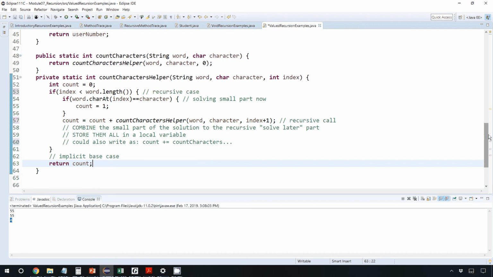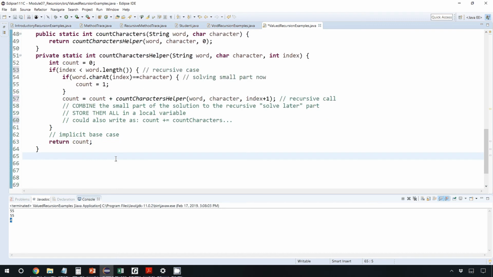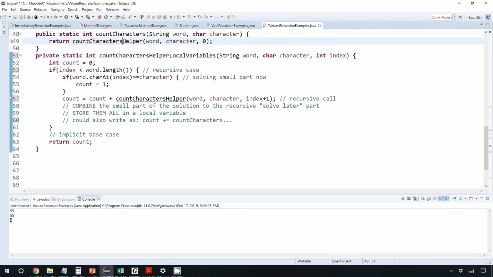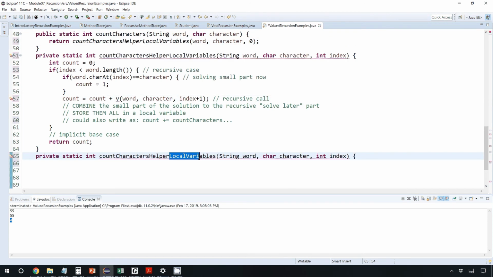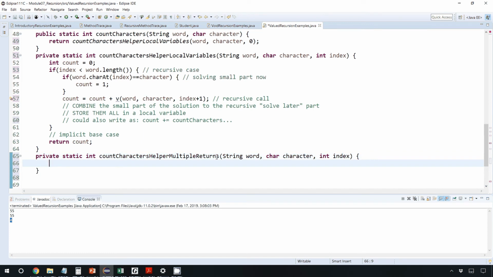Let's look at one other way we could write this method. So this one again uses local variables. So I'm actually going to change this to local variables. And let's now write one that would use multiple returns instead. Okay, so the base case and the recursive case here are going to be very similar to what we had before. We're going to say, okay, if our index is less than the length,